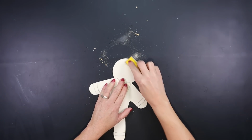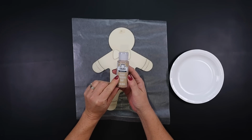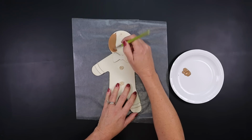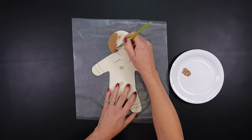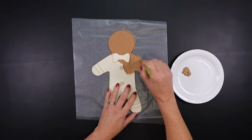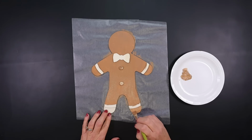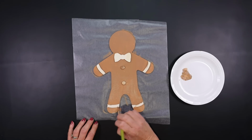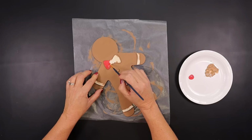Now I'm going to be using Folk Arts paint in the color Rusted Pipe. This is a new paint that I bought, and I was really excited to try it out. I wish I had painted him with the cinnamon color instead, because this paint leaves black streaks all throughout it. I guess that's why it's called Rusted Pipe, but he still turns out kind of cute. It only takes one coat, and then once that dries, I'm going to go over the bow tie